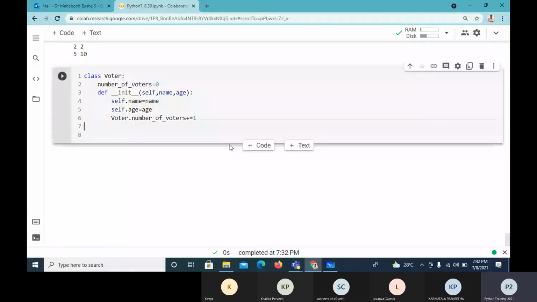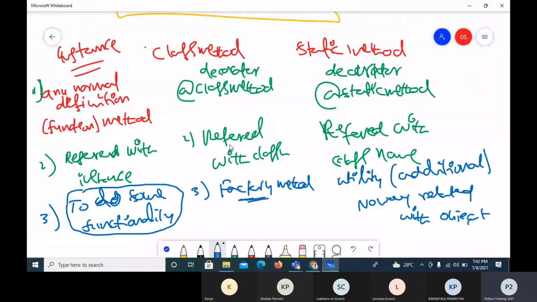Suppose by chance somebody is giving, they don't know how to calculate age. Instead of age, they are giving date of birth.